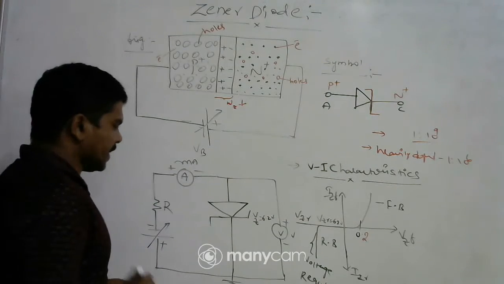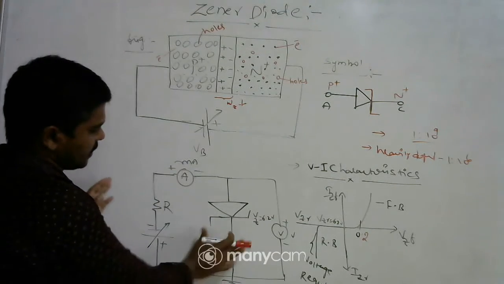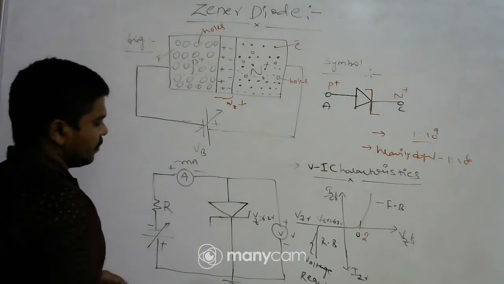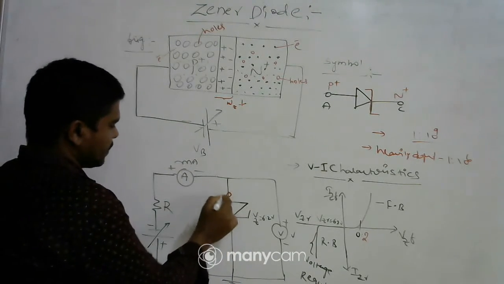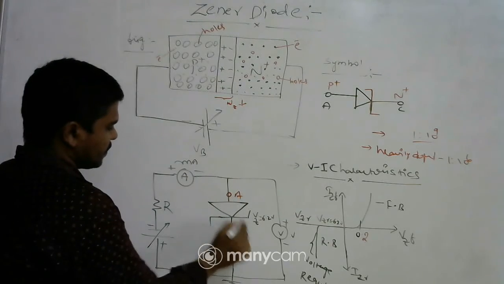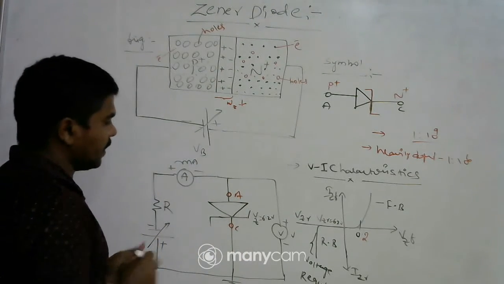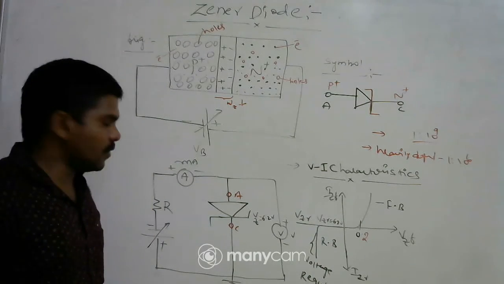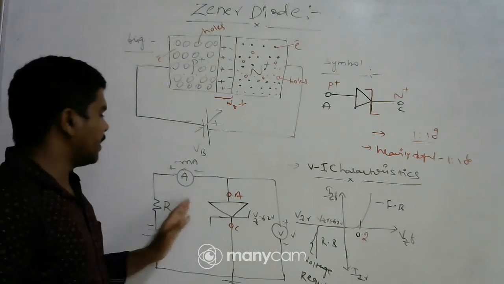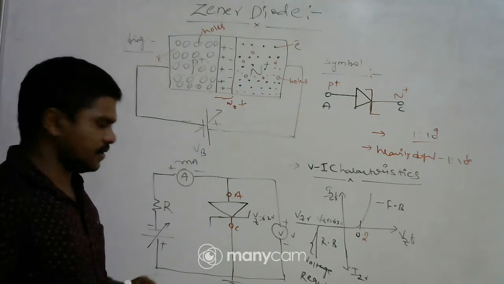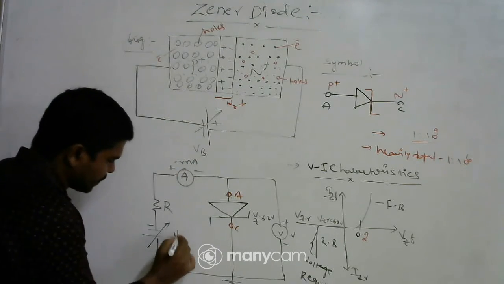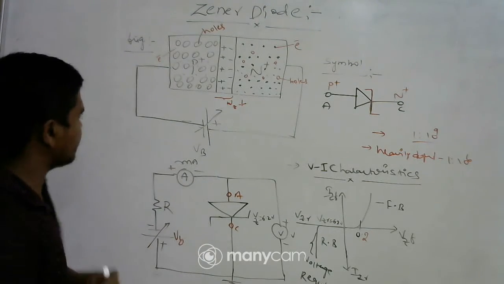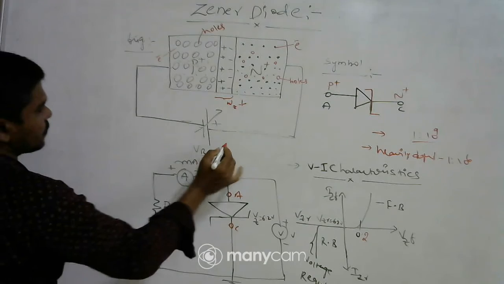So see here, using the symbol we can connect the Zener diode like this. The anode position is this one, and the cathode position is this one. The cathode is connected to the ground, and in parallel we connect the voltmeter. To measure voltage, we have to connect in parallel, and current in series. And this one is the bias voltage. Now observe the reverse bias characteristics. So this circuit is a reverse bias circuit.